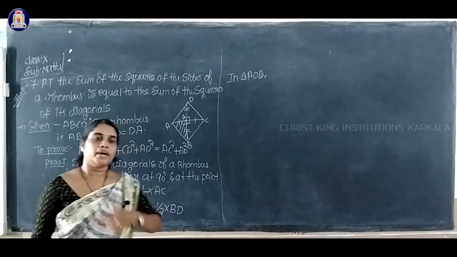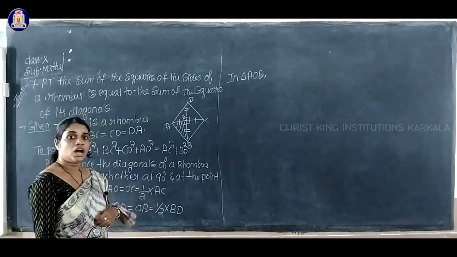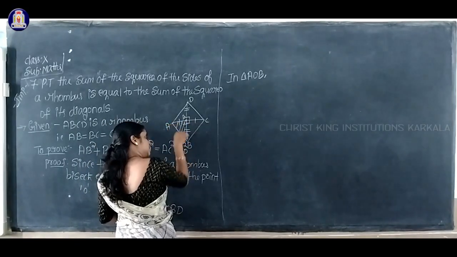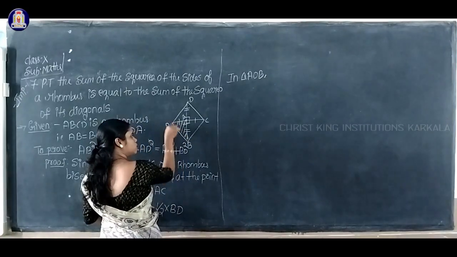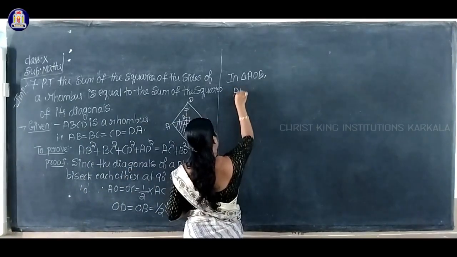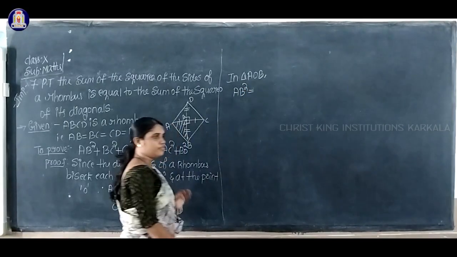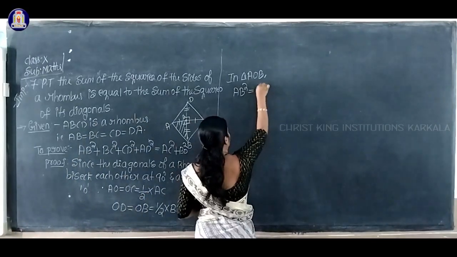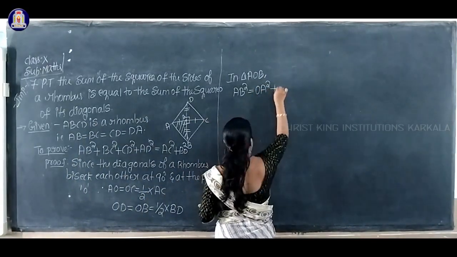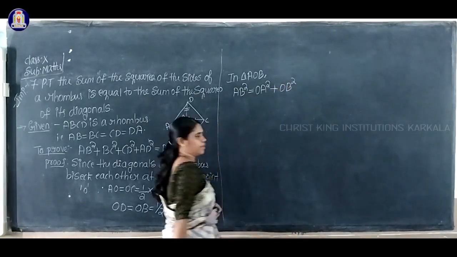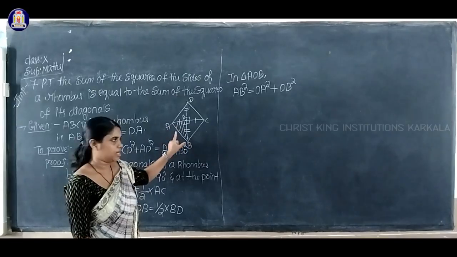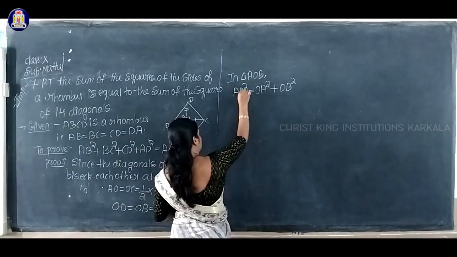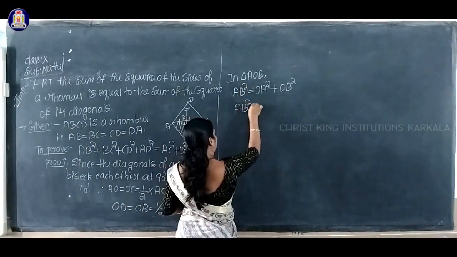Yes, so according to the Pythagoras theorem, the square on the hypotenuse. What is the hypotenuse side here? This is 90 degrees. The side opposite to the 90 degrees is AB, isn't it? So the square on this side, AB square, equals the sum of the squares on the other two sides. Which are the other two sides? OA square plus OB square, isn't it? Here AB is the hypotenuse. Remaining two sides are AO and OB. So now AB square, write as it is.